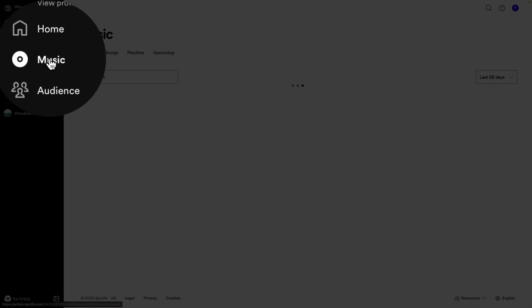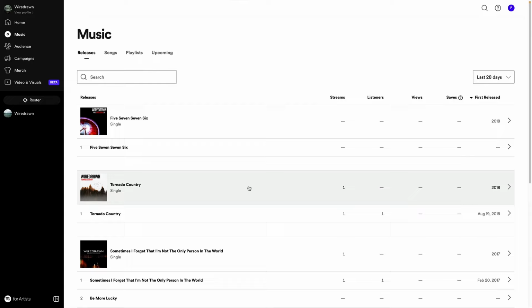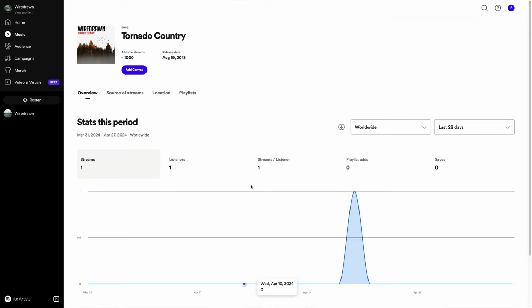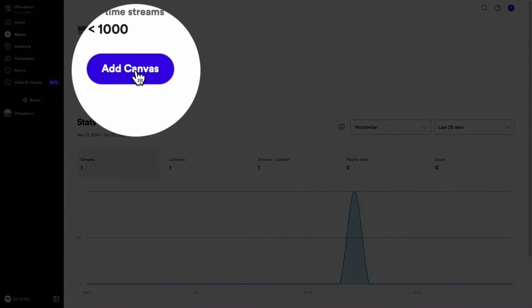Next, I need to jump over to my Spotify for Artists dashboard. If I click on Music here, I can select from all of the tracks I currently have available to stream on Spotify. If I then click through to my track, there is a button on the next page marked Add